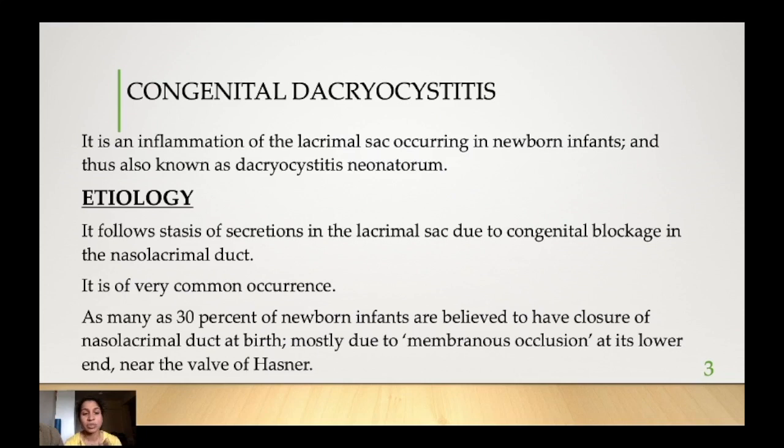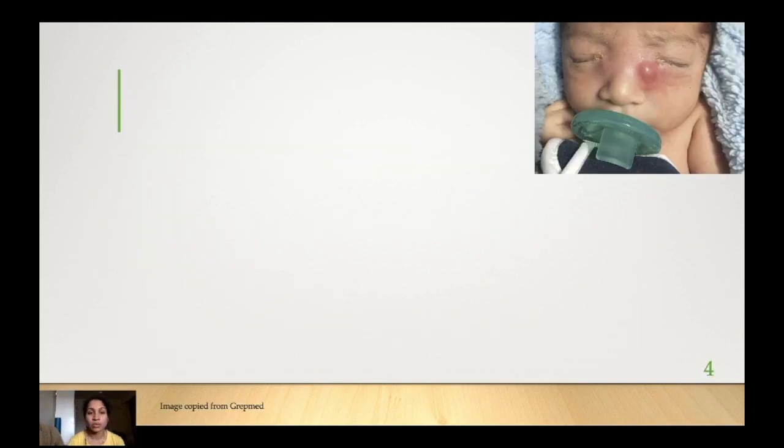In that, 30% is due to the membranous occlusion in the lower end near the valve of Hasner. That is the main cause for congenital dacryocystitis. So there will be membranous occlusion in the lower end, near the valve of Hasner. That will cause closure of the nasolacrimal duct, and there will be stasis of secretion, and it will lead to congenital dacryocystitis. Other reasons for congenital dacryocystitis are: